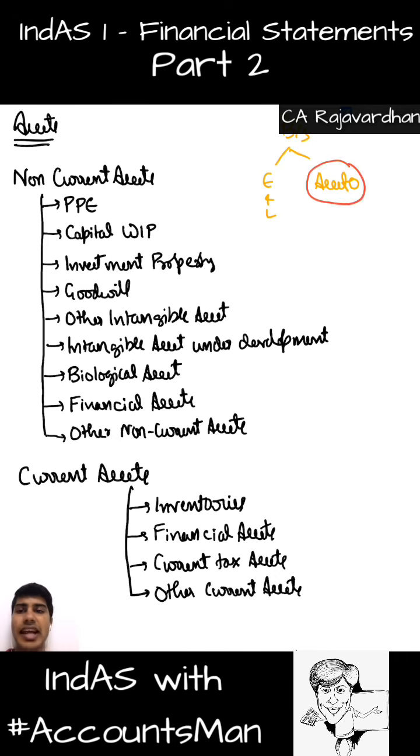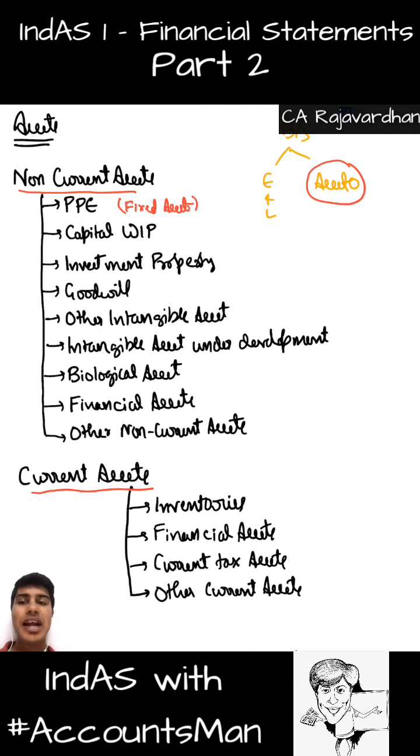Assets are basically categorized into two. One is non-current, the other one is current. Under non-current assets, it's called PPE. The old name was fixed assets. So right now the name is different. The terminology has been changed. This is something new in IFRS which is implemented. So that is PPE. Ind AS 16, when we start, we'll understand it in detail.